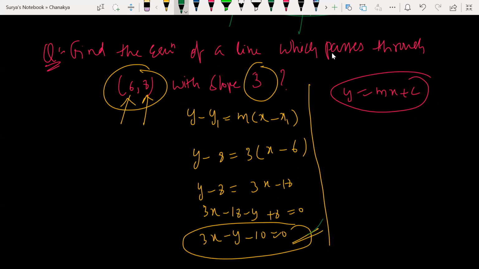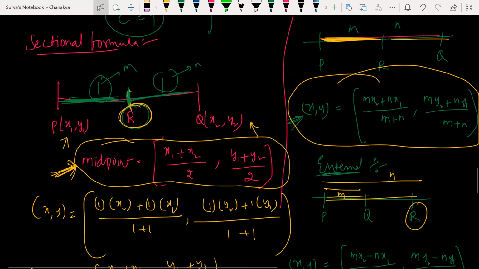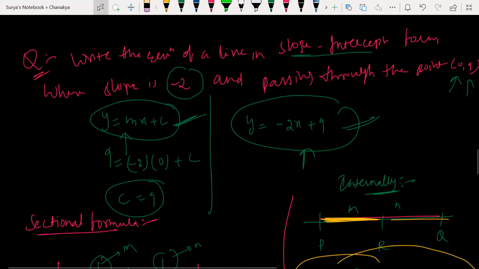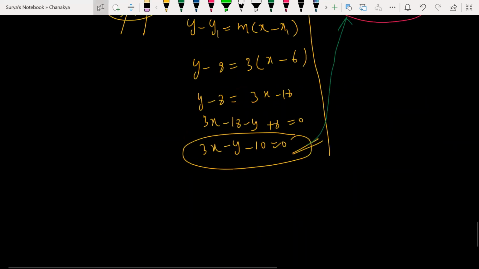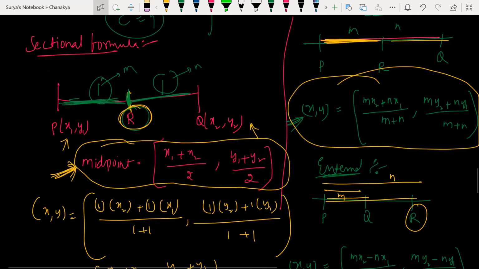Look at this. Can you please write this equation in the form of y is equal to mx plus c? Sir, I have a doubt. For the same question, you used a different formula before, right? Sir, can you scroll up? Y is equal to mx plus c, that is also correct. Here you used a different formula for the same question, right? This one.